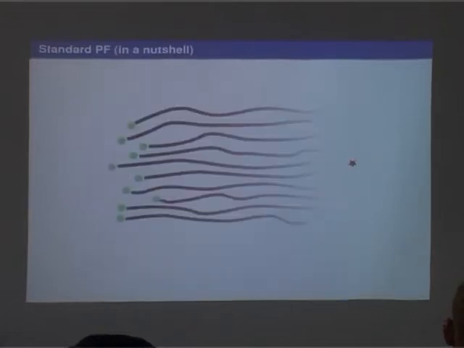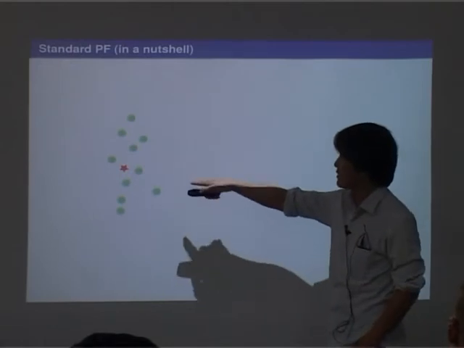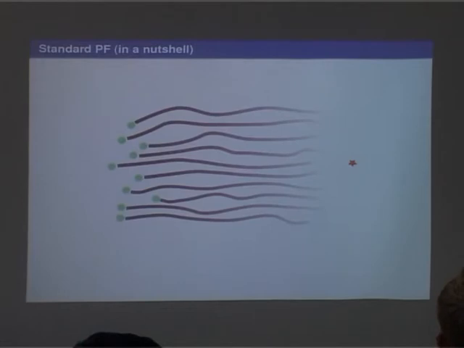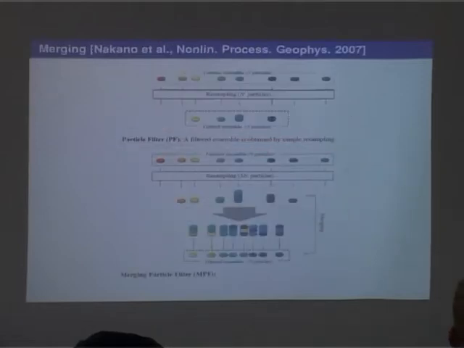And this is just the cartoon version. You have samples at time, let's say t, and this observation is the red star. And the next step just follows the flow model, it falls into here, we evaluate the likelihood, and we kill all these particles with insignificant weight and just resample. Some of them will be duplicated and we go on to the next step.